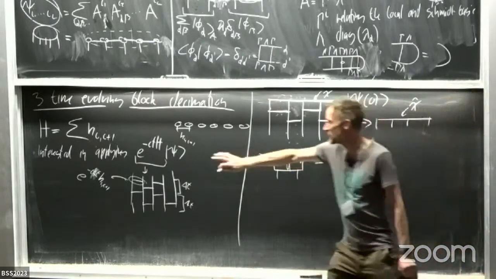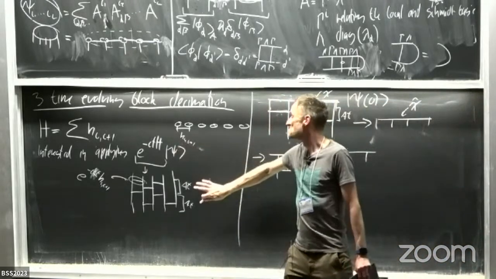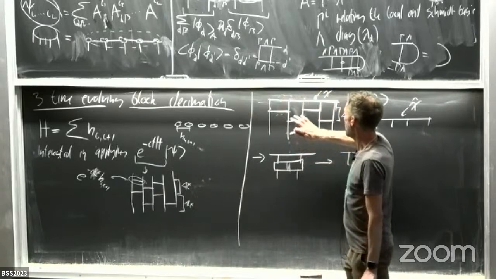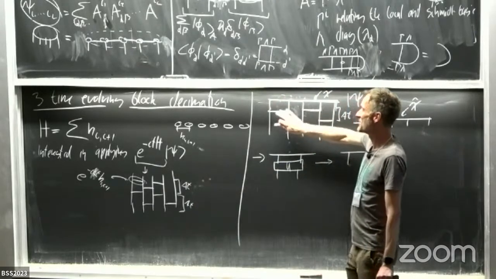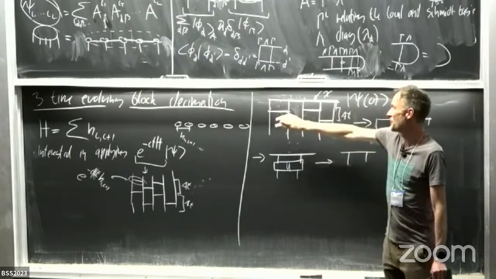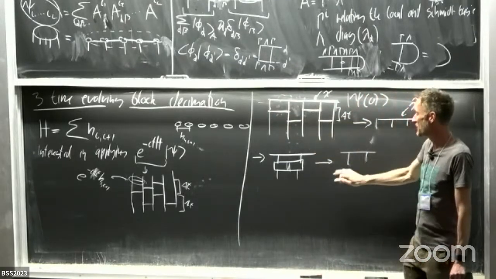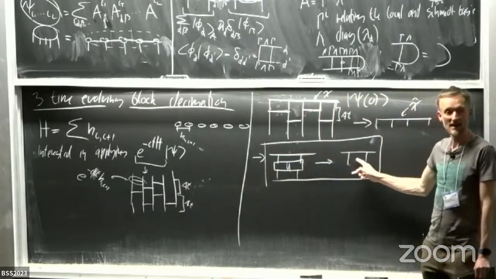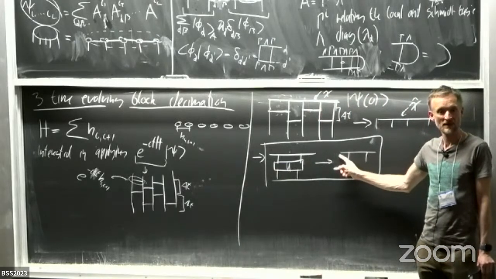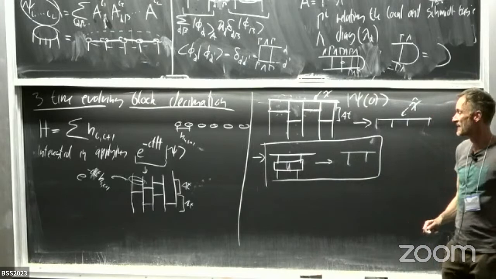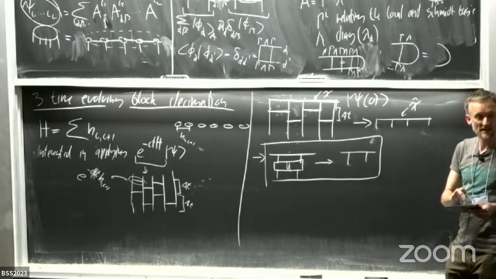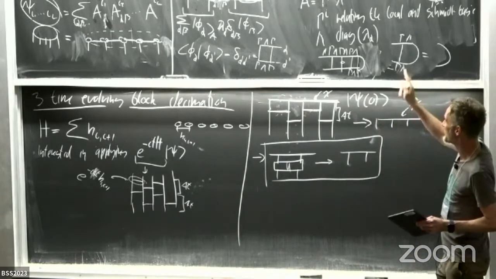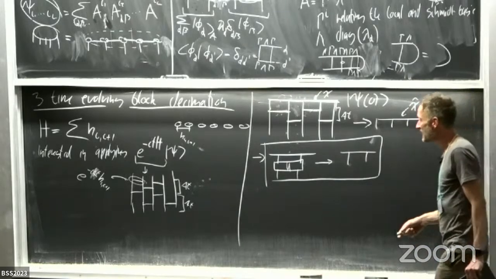And this is the problem that we have to solve. Right? Briefly repeating: we want to do the time evolution, which we know we can express in terms of this brickwork circuit, and the brickwork circuit we can just apply sequentially. We first apply the first gate and do a compression, then we do the next one and do the compression. What we have boiled it down to is that we just need to figure out how we can apply a gate to a given bond. And this is the core of the TEBD algorithm. And here we can make use of this canonical form to do it in a very simple way.